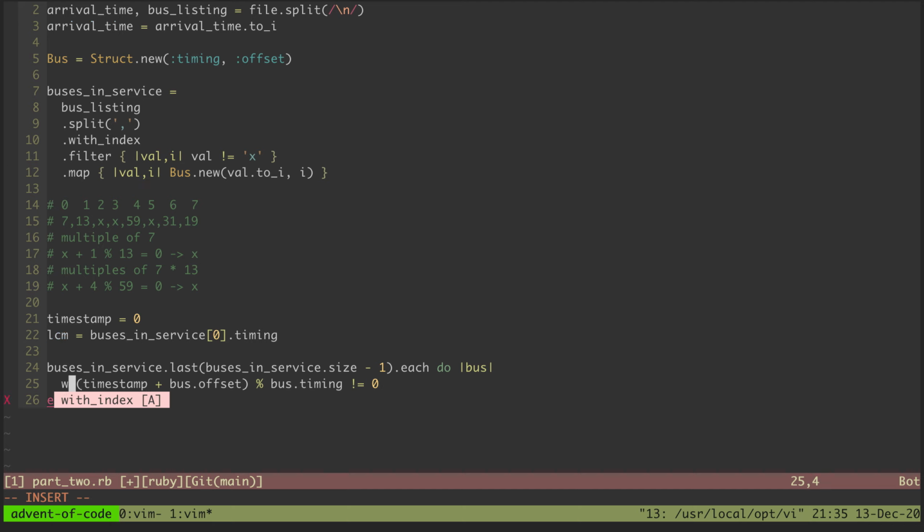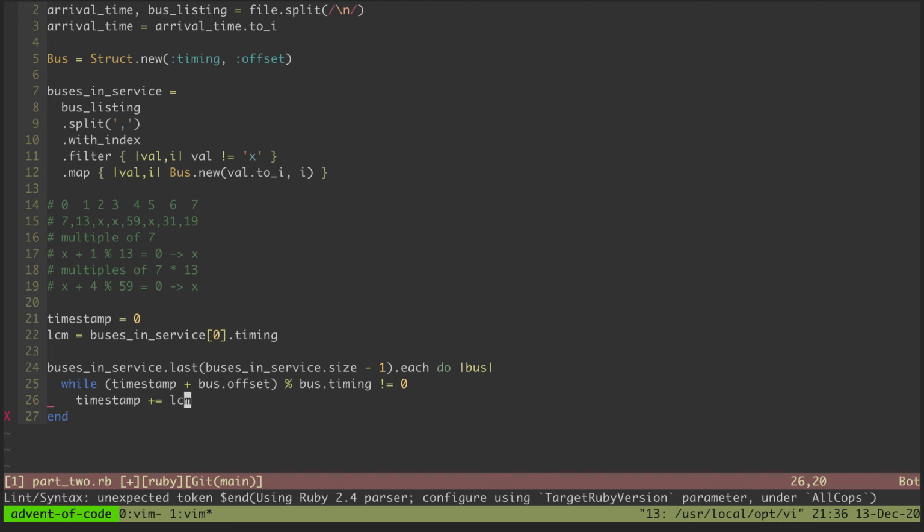Yeah, this is almost like a while. So while this condition of it not being equal to 0, while we haven't found something that matches this condition here, then we will increment the timestamp by the least common multiple. And then eventually we will have satisfied this condition, at which point we want to